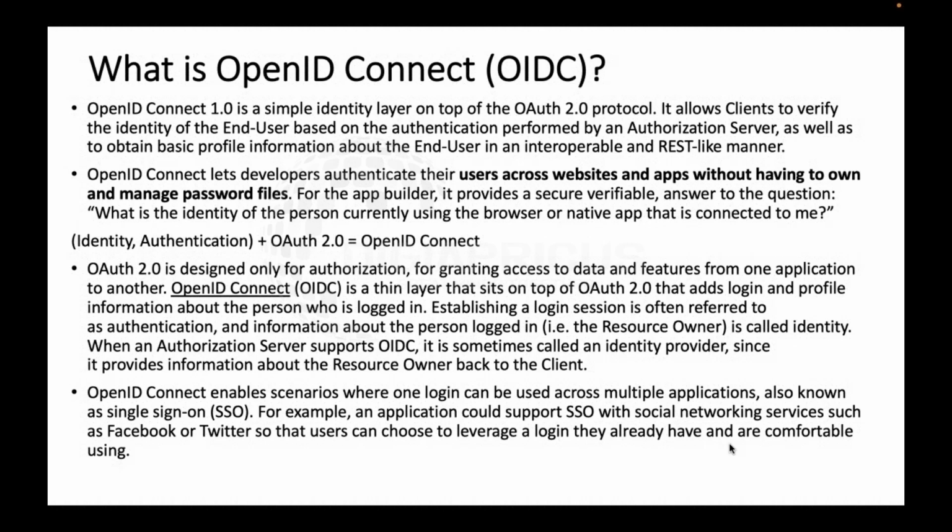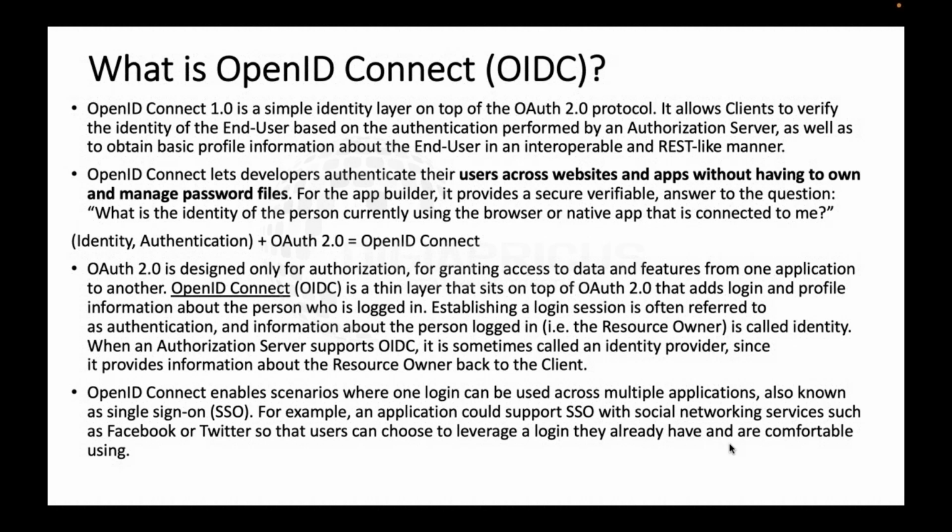an identity. And now when authorization supports OIDC, it's sometimes called an IDP, because I've mentioned before that your authorization server is going to do that authentication part. That authorization server is going to verify whether an identity is a legitimate identity or not. So that's why you can call it an IDP, although these terminologies IDP and SP work more on the SAML side. But if you just want to correlate things in terms of SSO protocol, then you can think of your authorization server as your IDP for the time being. So since that provides information about the resource owner back to the client,